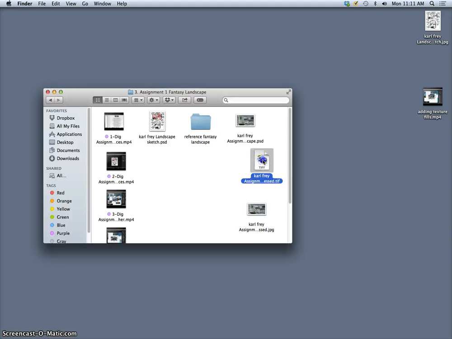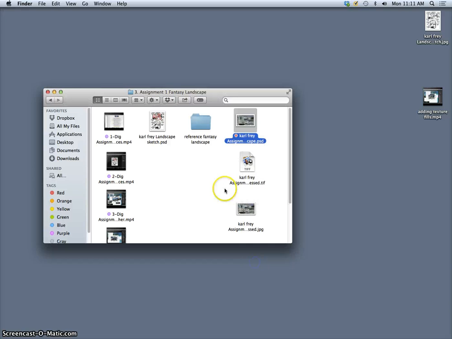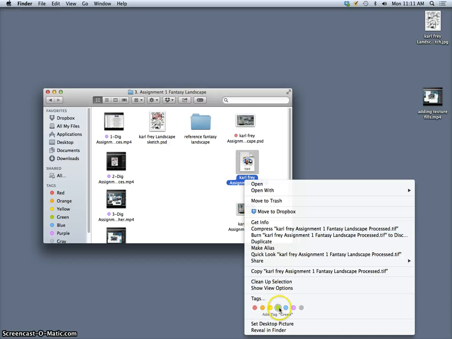Now this is what I like to do. I like to mark my PSD finished assignments with the red color, my finished process TIFF